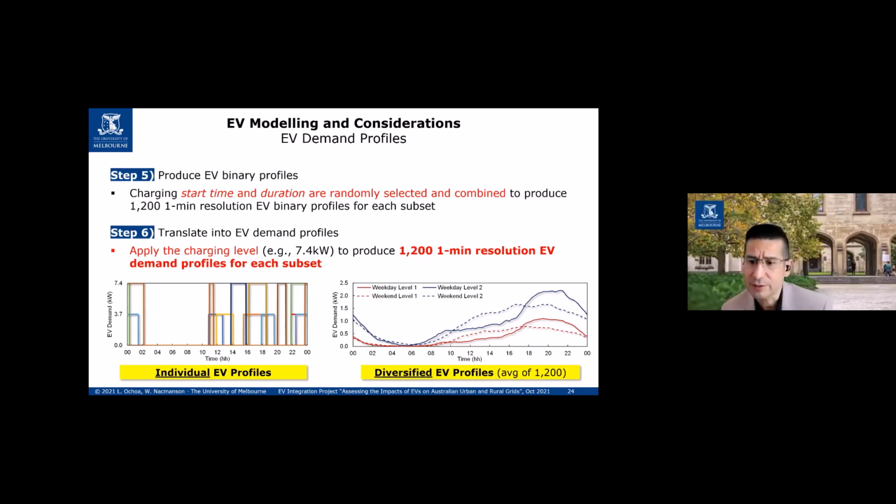In any case, it's very useful to see here, because what we're seeing is that during the weekdays, of course, we're expecting a larger demand on average. The peak is around 7 p.m. to 9 p.m., which coincides with the peak demand that might happen in many networks that we have here in Australia.